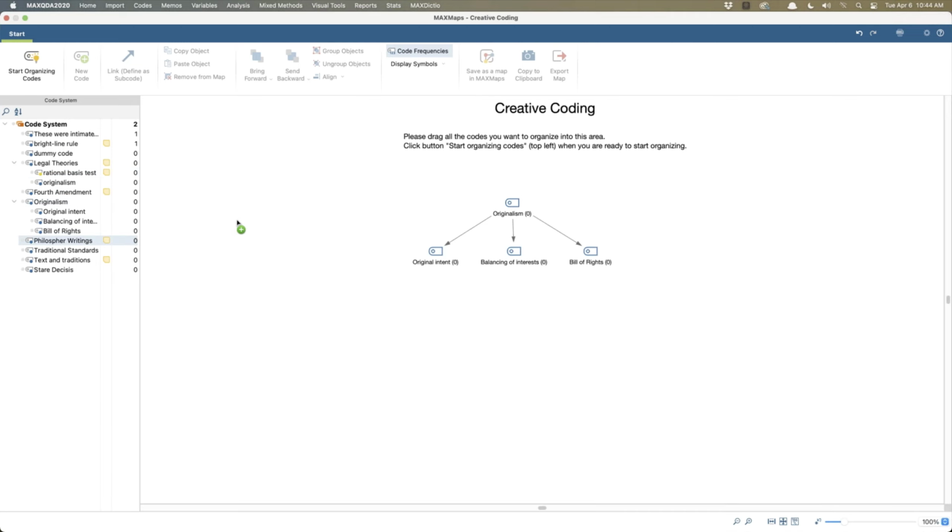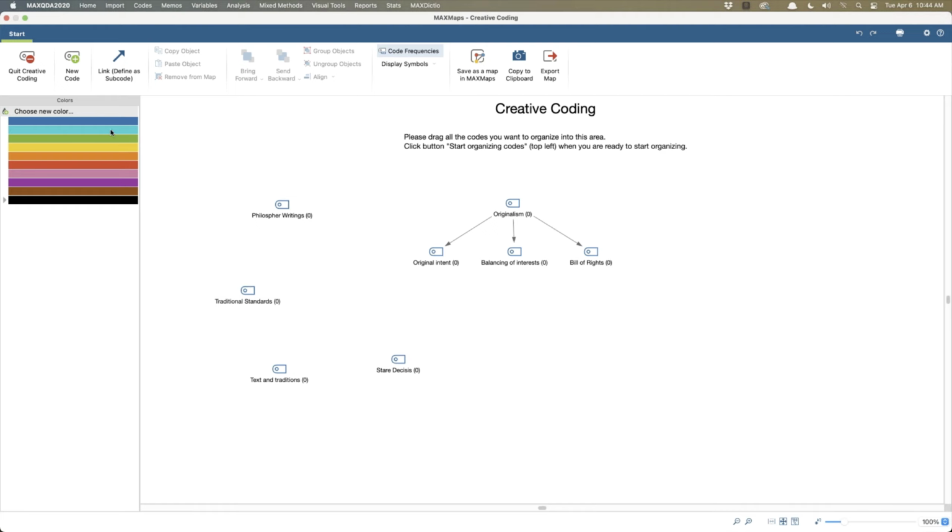Let's grab a couple other ones and throw them in here. Start coding. The menu is now shifted to colors, so if I wanted to apply this color to this, I would just simply select that color.